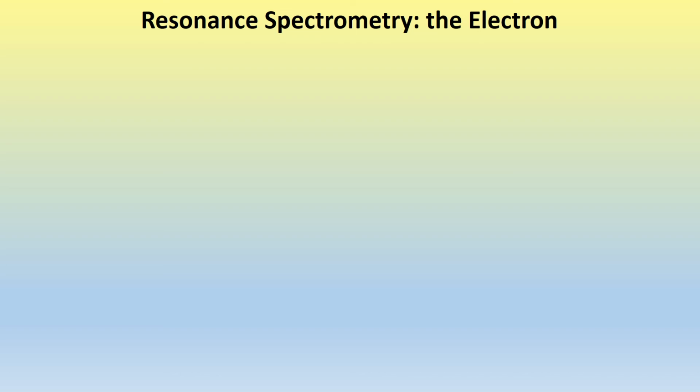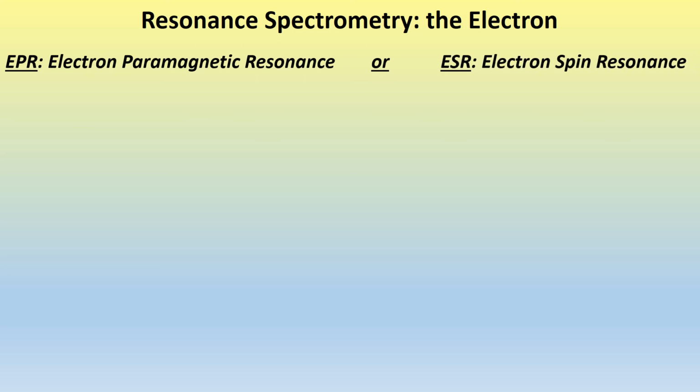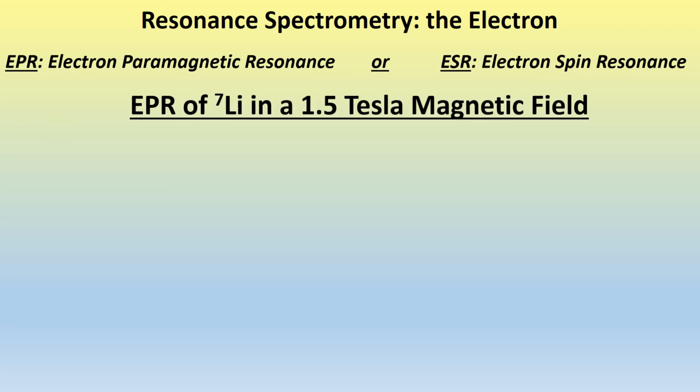The resonance spectroscopy of an electron is called either EPR, electron paramagnetic resonance, or ESR, electron spin resonance. For an example, we will look at the EPR spectra of the electrons attached to a lithium-7 atom in a 1.5 Tesla magnetic field. Lithium-7 has a nucleus spin of 3/2. The electron spin resonance frequency, as shown, is G for an electron